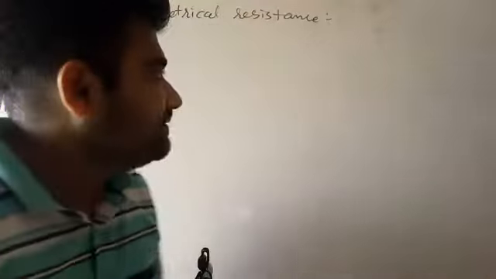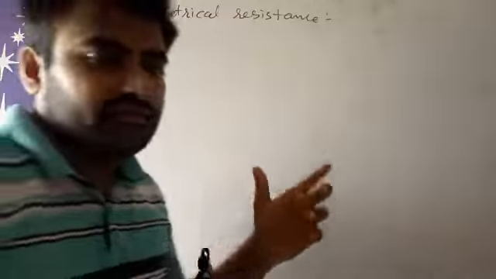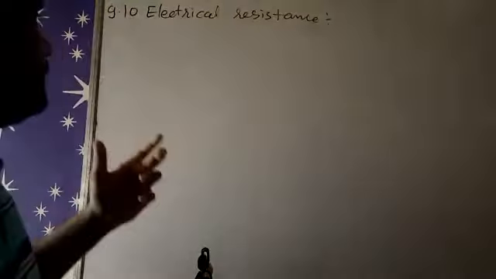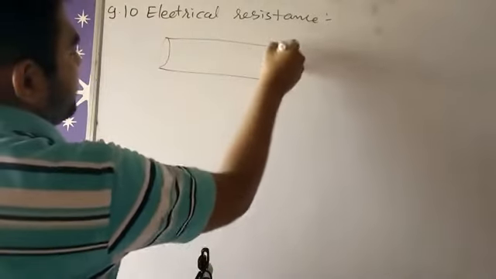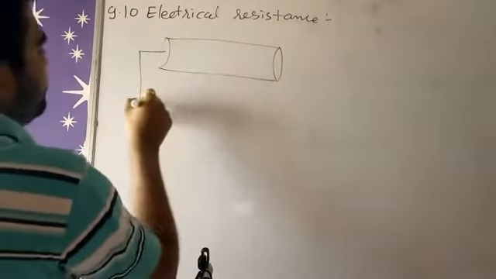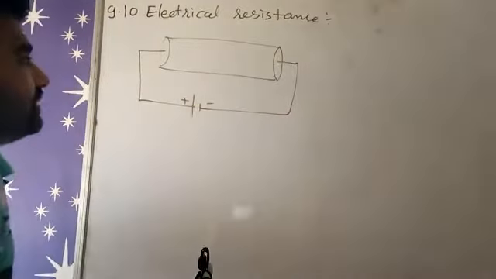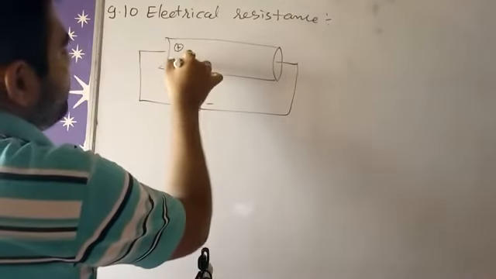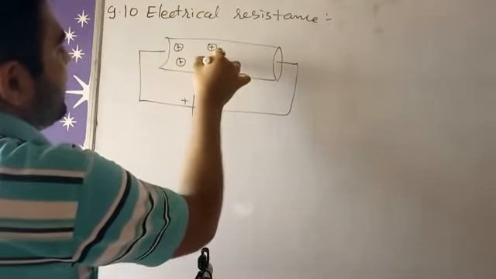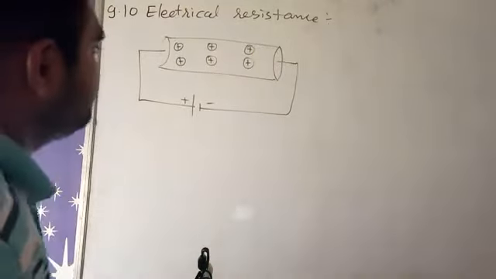So today our topic is electrical resistance. So what is this term that we have to discuss by the diagram? Here we have one conductor, and that conductor we should connect with one battery, right? So this is positive, negative. Always inside the conductor there will be some positive charges which are at rest, they never move, right?